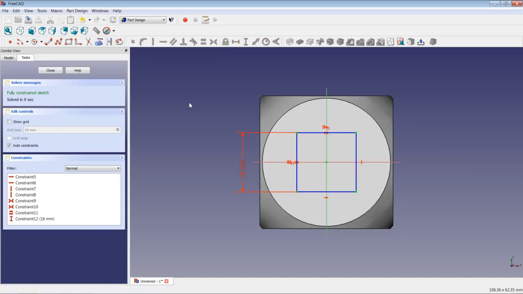We will apply the operation, and as you can see, the lines went from white color to blue color. Now what does toggling the construction mode mean? It means that you declare these sketch elements, they can be arcs or circles or lines or whatever, as, let's say, supplementary